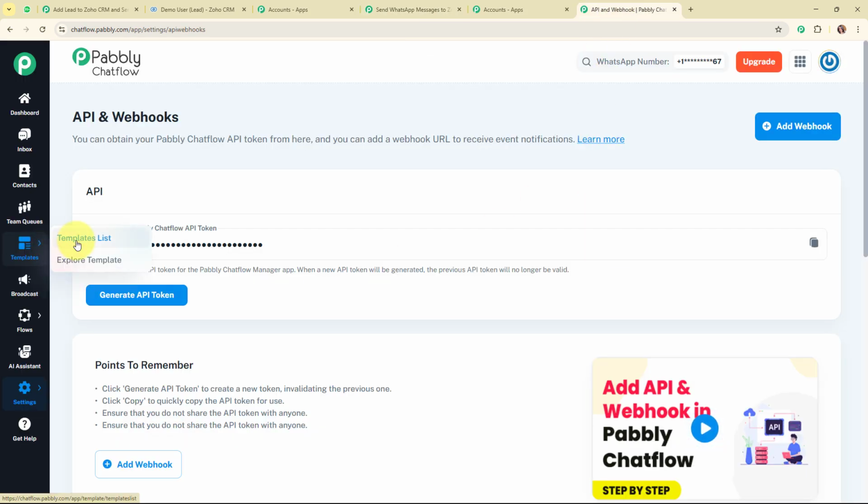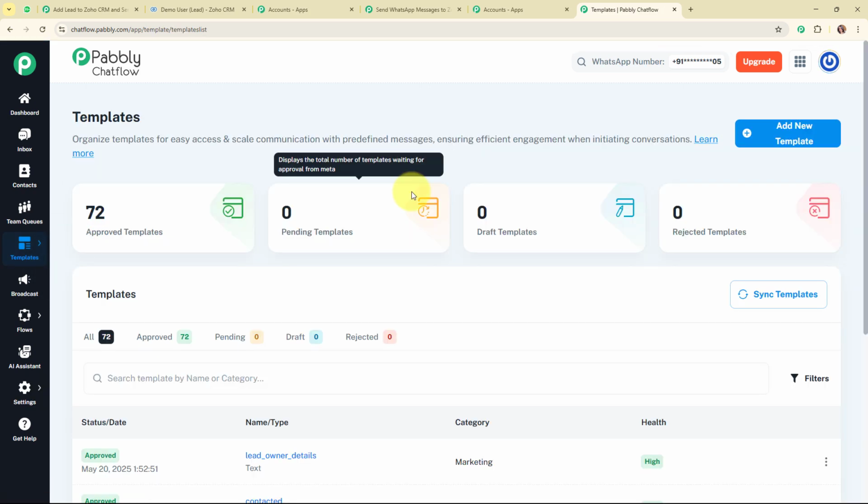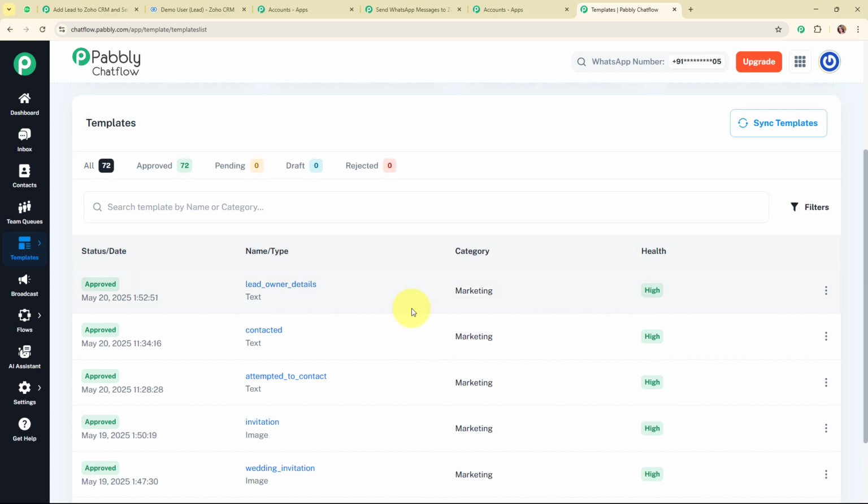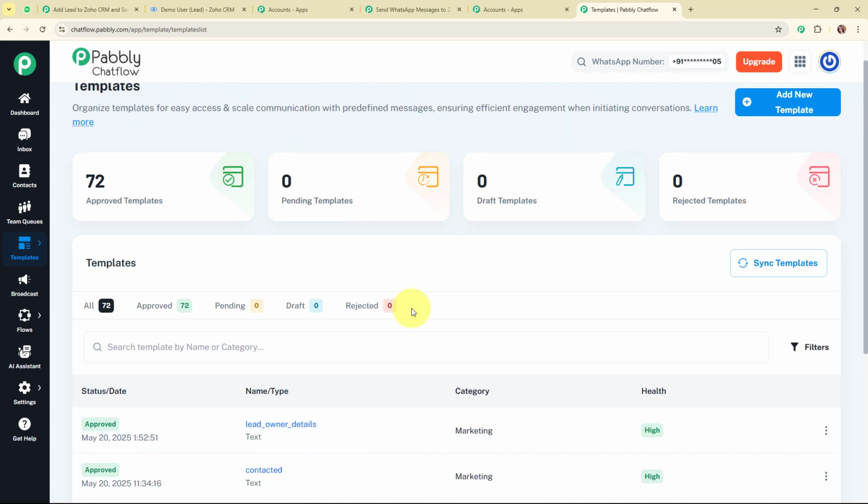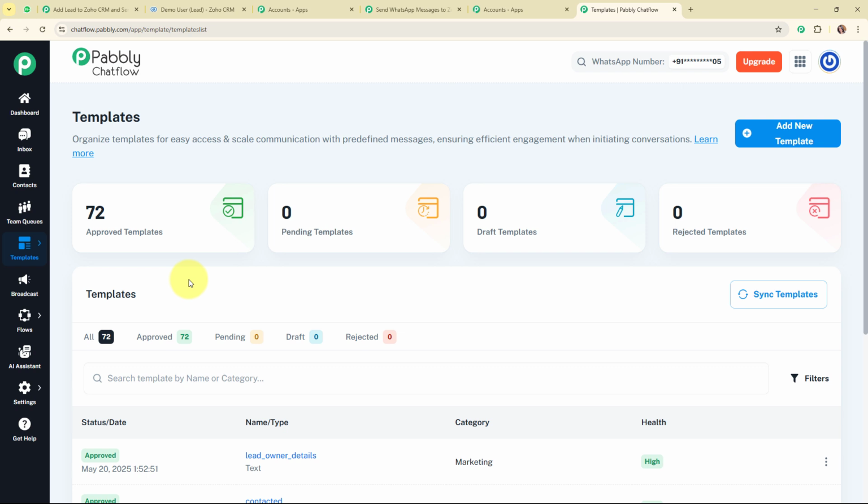So from here we are going to access this templates list. Under templates, you can see all the templates that I've already created using Pabbly Chatflow to send WhatsApp messages. Alright, so now let me give a brief on how you can add a new template in your Pabbly Chatflow account. For that you need to click on this add a new template button given on the top right corner,